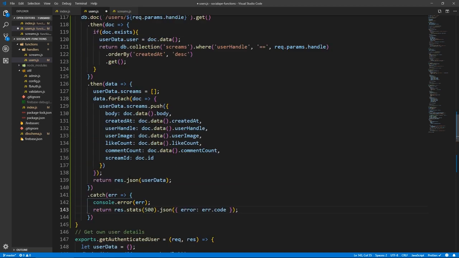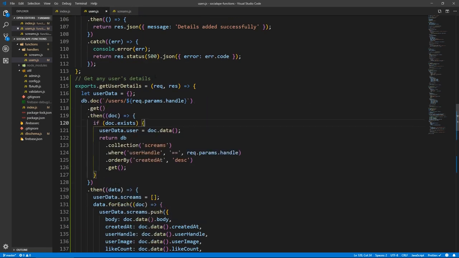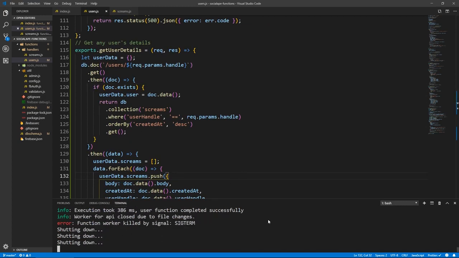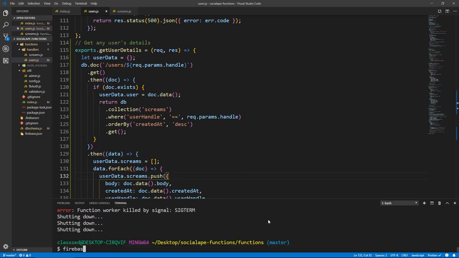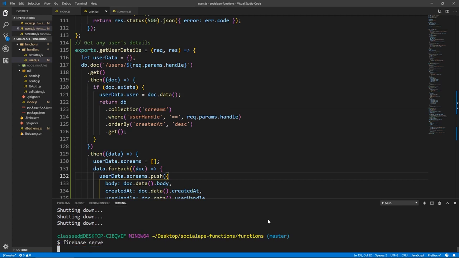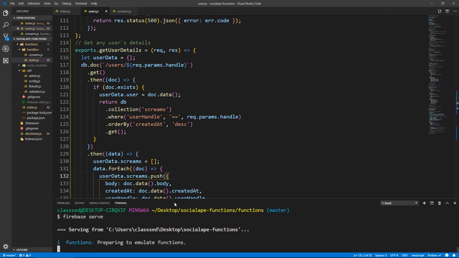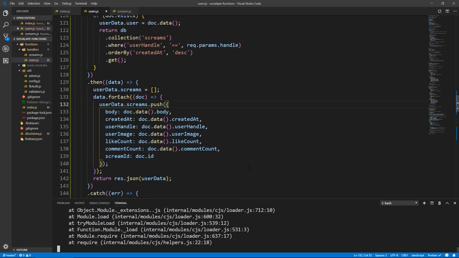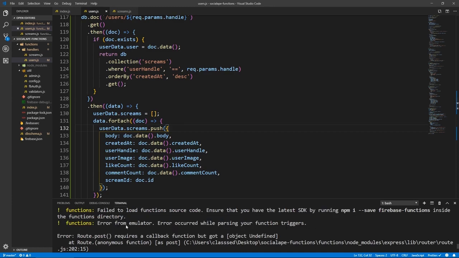All right, so this is sorted, and I'm gonna serve just to start creating the, oh, I was already serving, what am I doing? I'm gonna serve and test this just for it to prompt me to create the index, and then let it create, and then we're gonna create the mark notifications red route, what's happening.